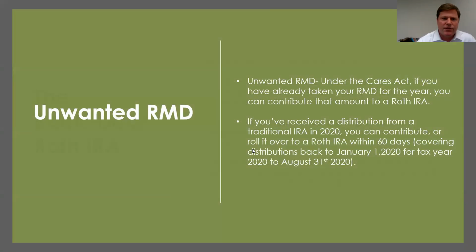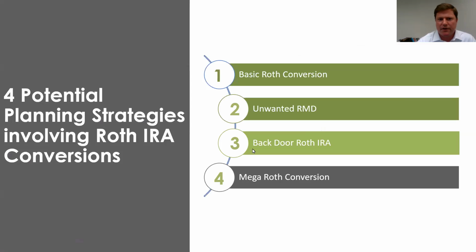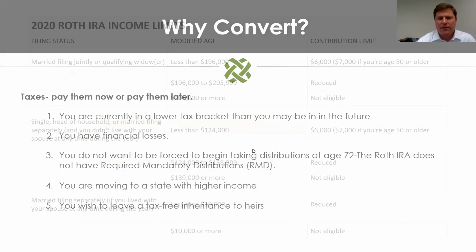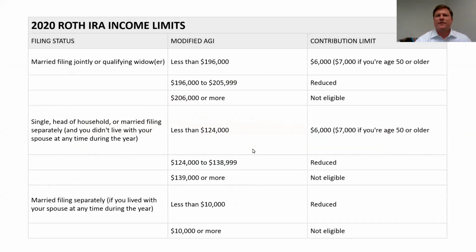Yeah, there is no limit on conversion when you convert to a Roth IRA. The main thing you have to worry about is the taxes that are due, so you have to make sure you can pay the tax. If you have $100,000, you can convert $100,000 to a Roth IRA. The income limit comes into play when we're talking about new Roth IRA contributions. The contribution limit is $6,000 if you're under age 50 or $7,000 if you're 50 or older. And it begins to phase out as your income goes up.